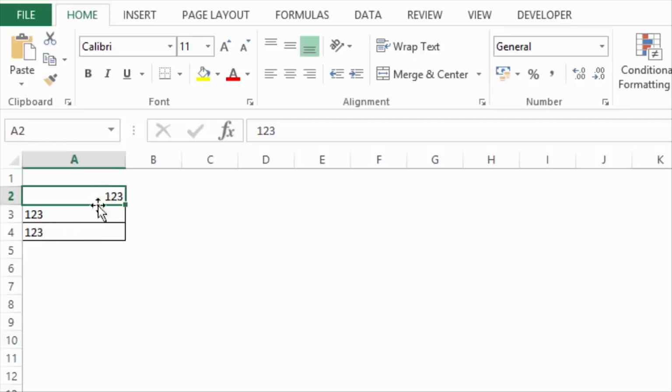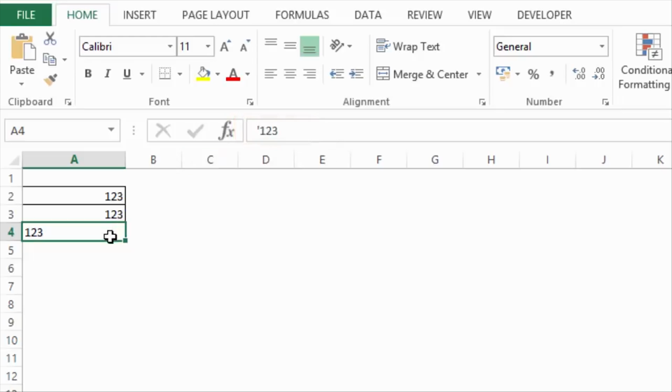Now, to convert all these three back into numbers, the first one is already a number, but to convert these two back into a number, there are two ways to do it. The first one is I would go here, the formatting box, and I would type general, and when I hit enter, the second one gets converted back into a number because in this case it was merely in the text format. But the third case is a little more difficult because it has been entered by using a leading apostrophe,